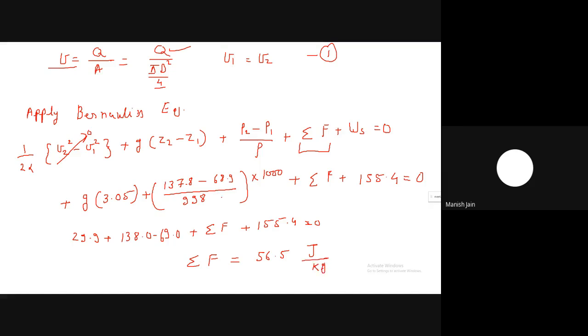This is the unit. If you check the unit of all quantities, that is joules per kg, because ws is also given in joules per kg. So this is the friction loss in the system. If you compare the friction loss with the power given by the pump, the power given by the pump is 155.4, so you divide